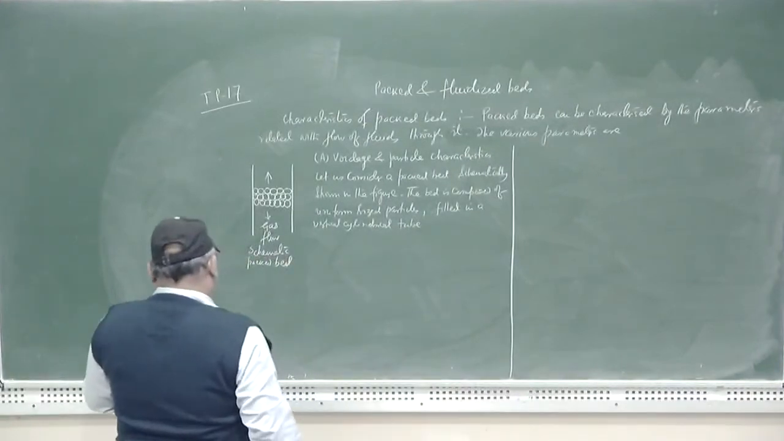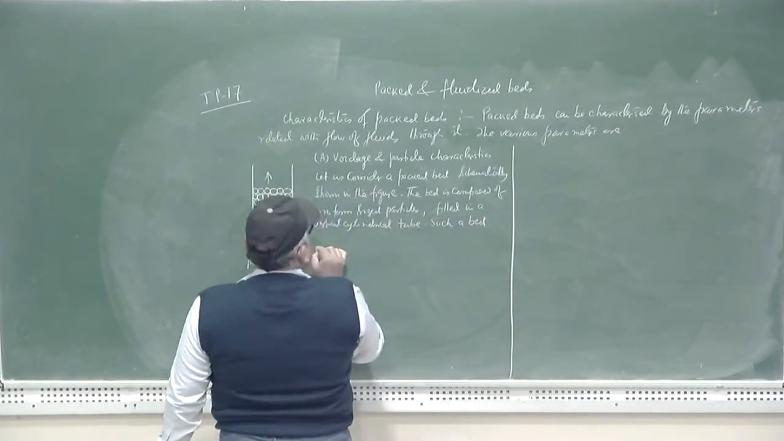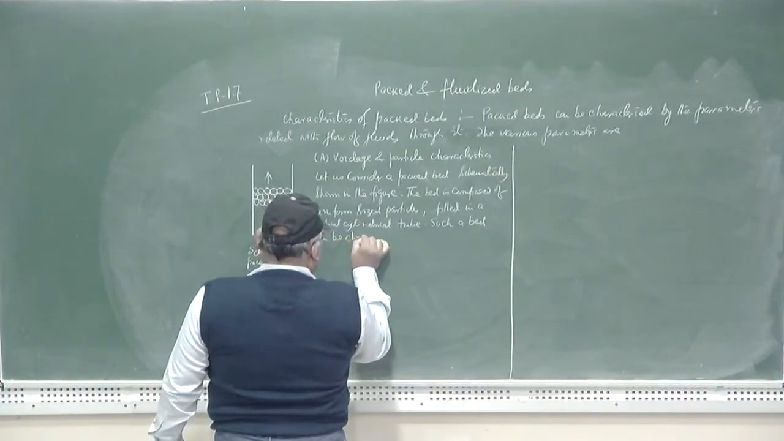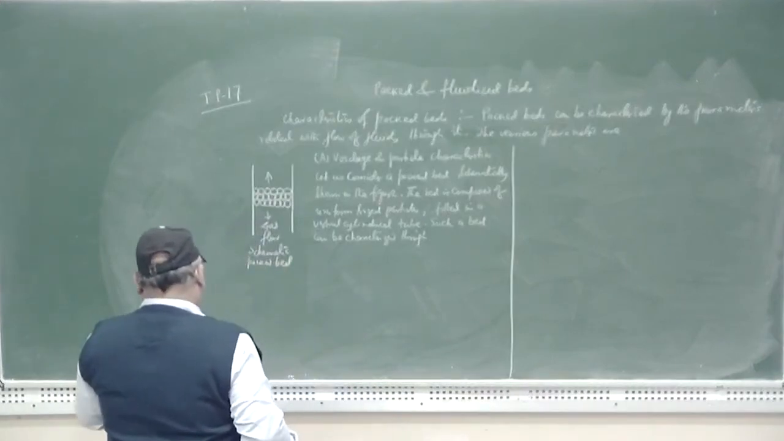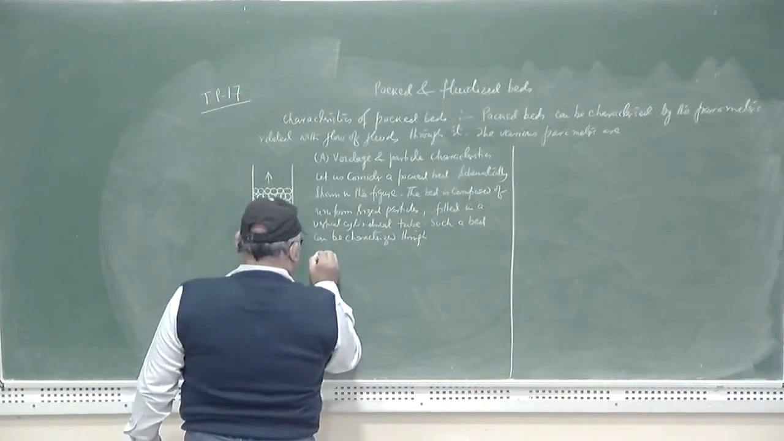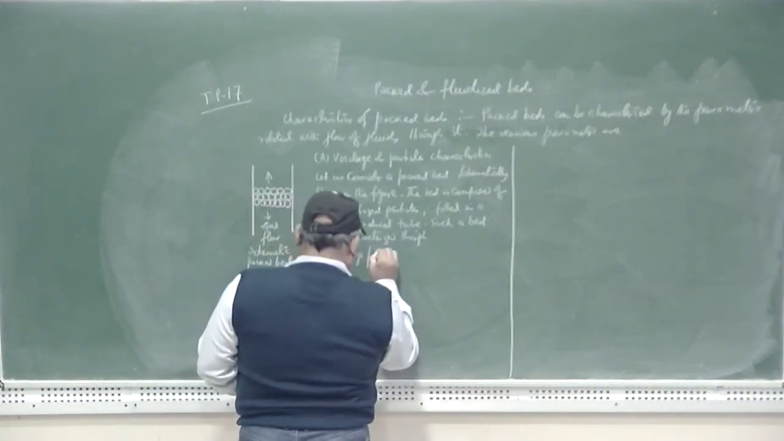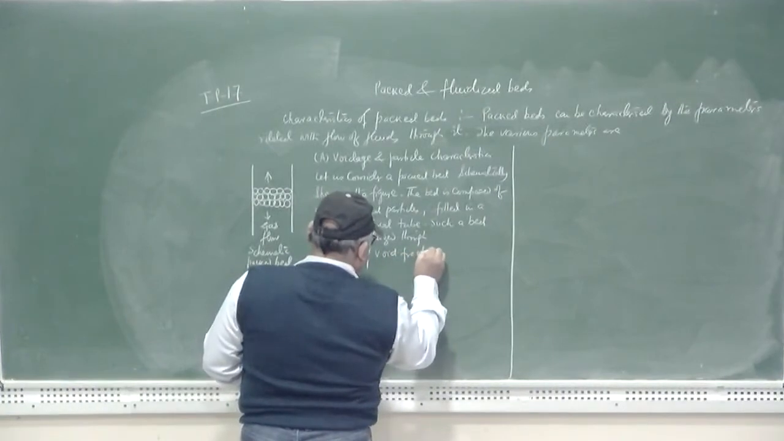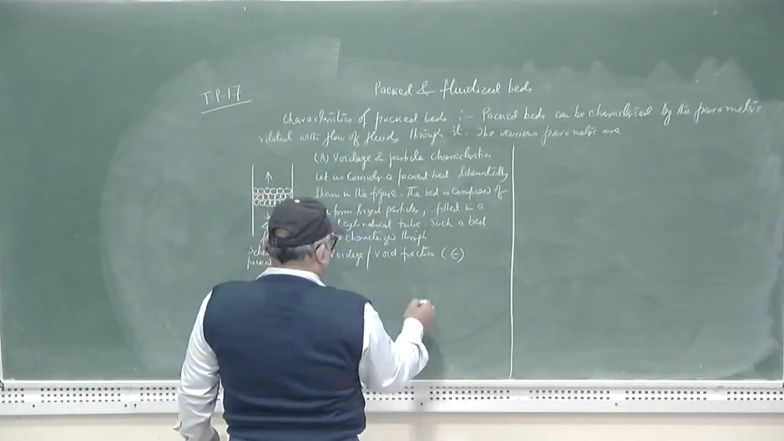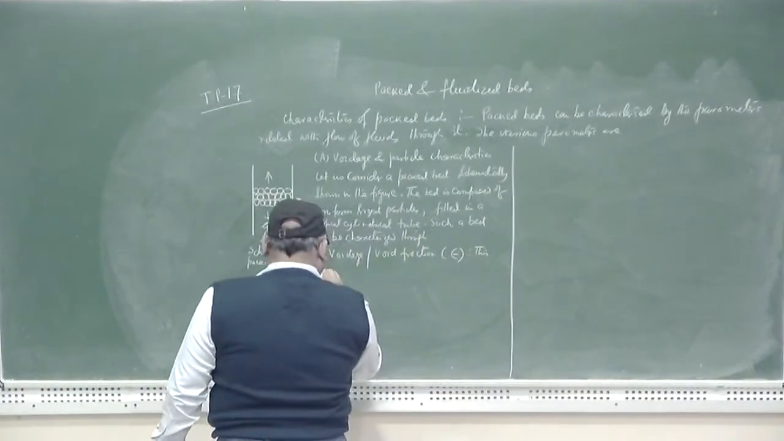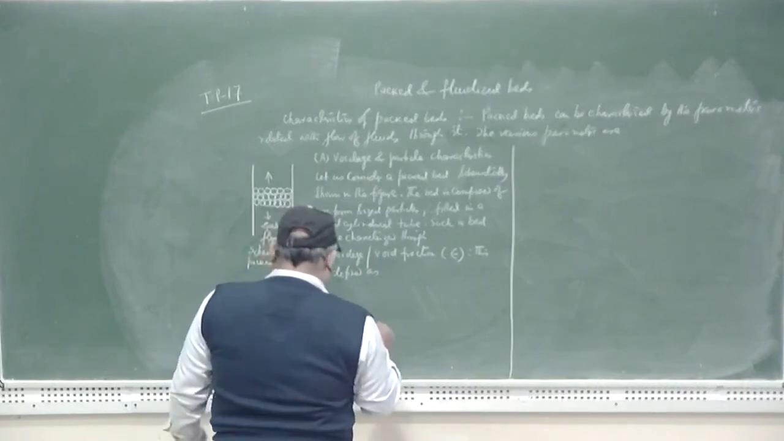Okay. Such a bed can be characterized through the parameters, number 1. First is the voidage, or this is also called the void fraction. This is denoted as a letter epsilon. This is defined as epsilon, that is the voidage, that should be equal to